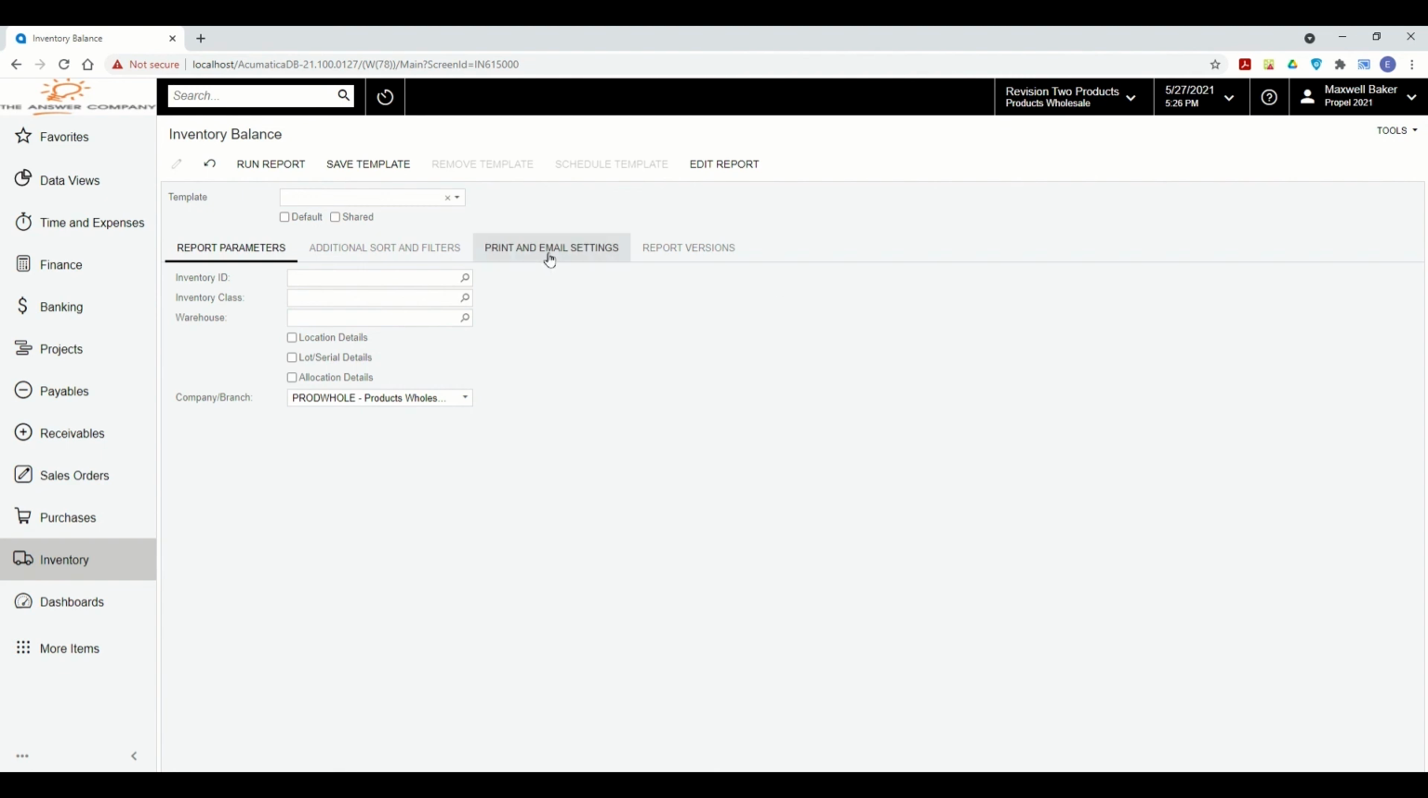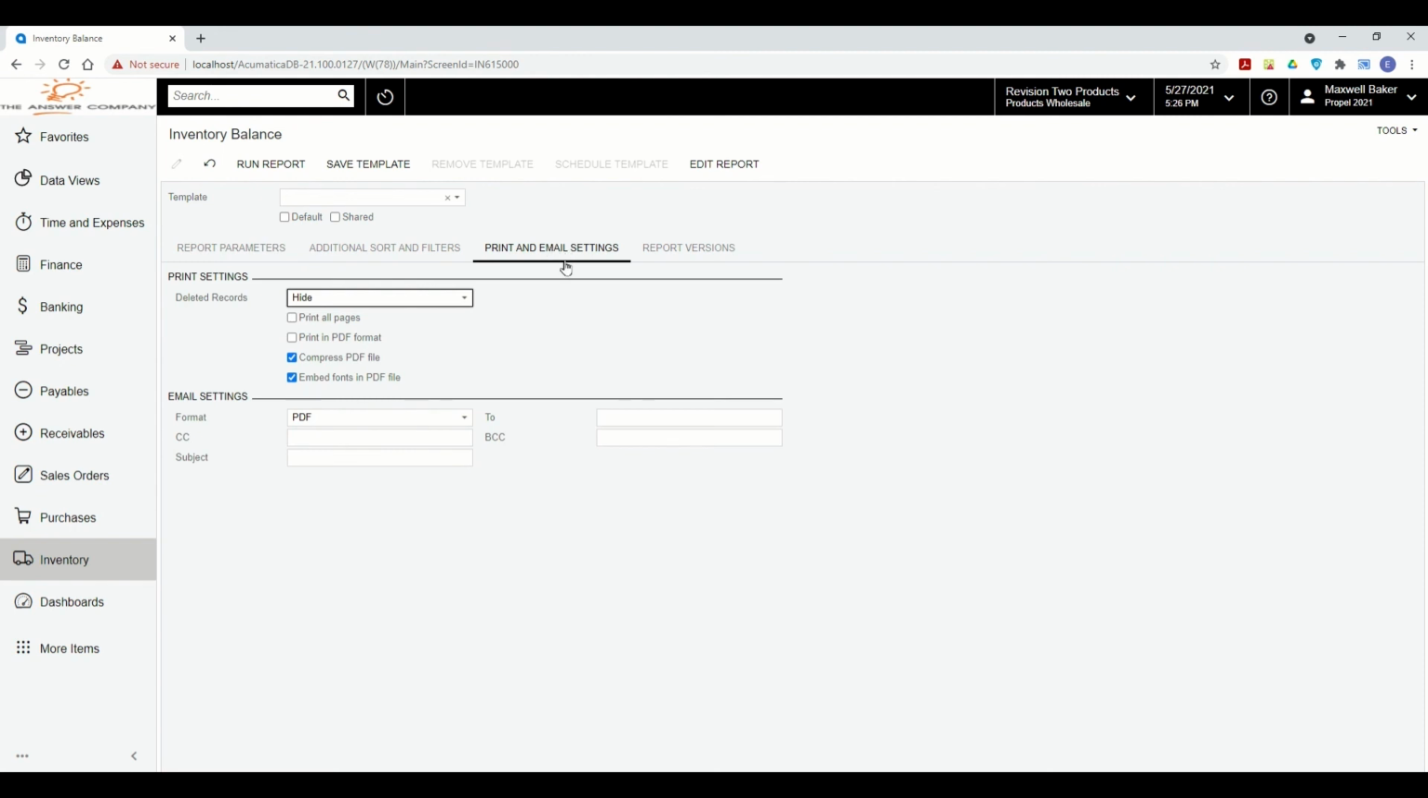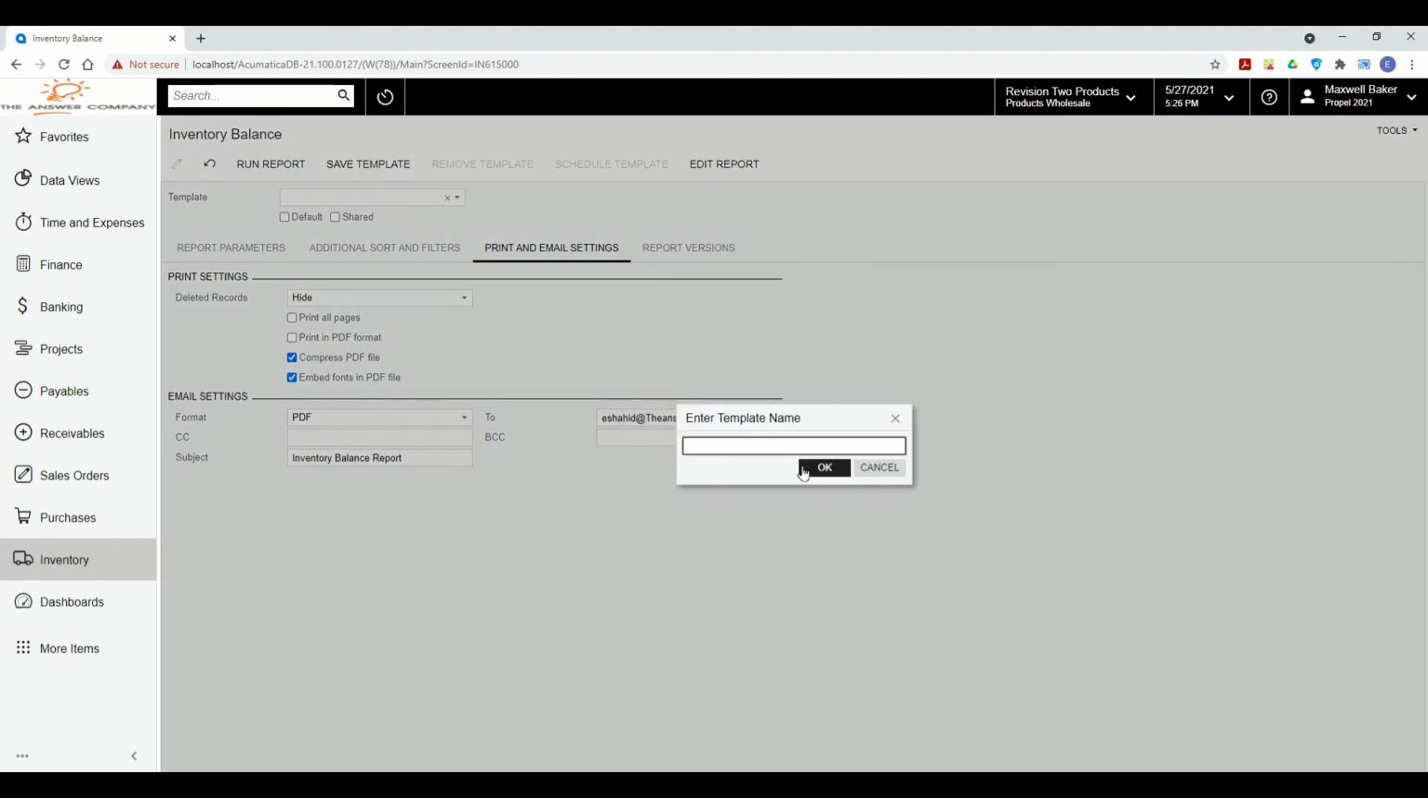For that, I'll bring up my report and I'll go to the print and email settings of the report. In the print and email settings of the report, you can define who this needs to be emailed to. You can define the subject of this email, inventory balance report. You can add carbon copy or blind carbon copies, and you can select what format you want to send this report out in, PDF or Excel. Once you have that, you would go ahead and click Save Template, and you would save a template for, let's say, email inventory